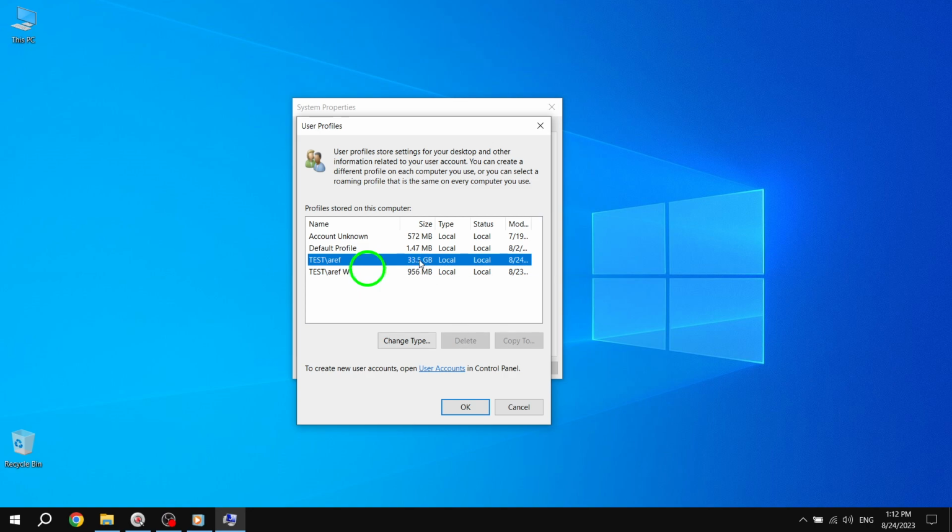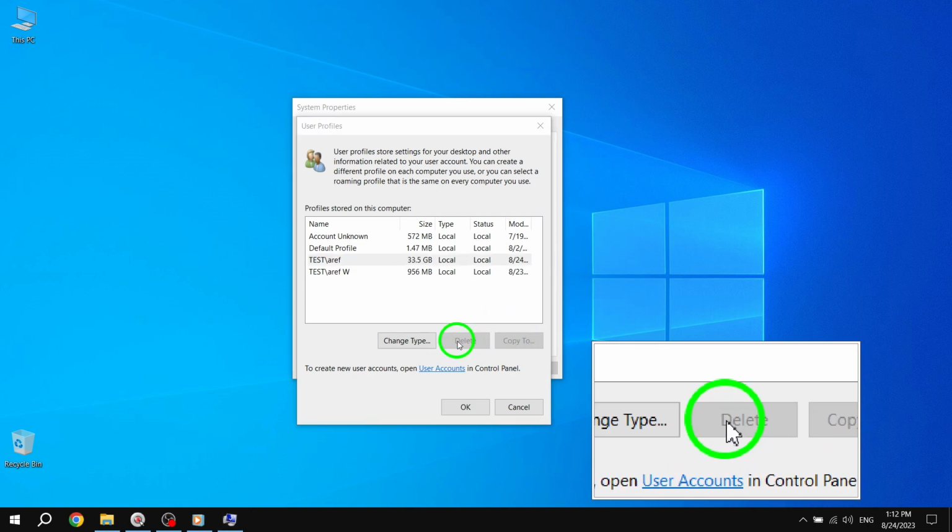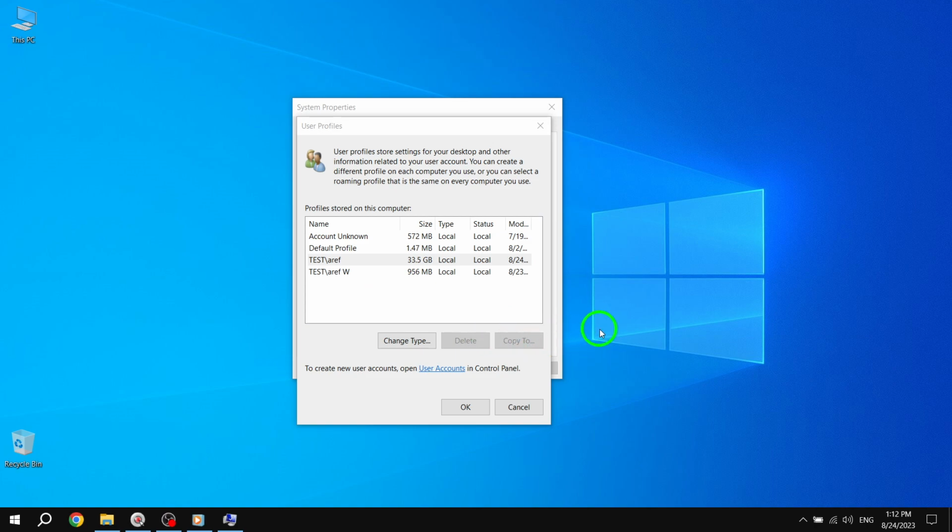button. Step 4. A confirmation prompt will appear. Click Yes to confirm that you want to remove all the information associated with the user account. And that's it. The user profile will be deleted, and a new profile will be automatically created the next time